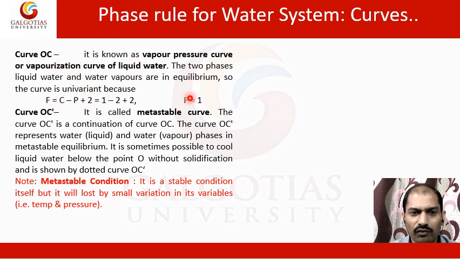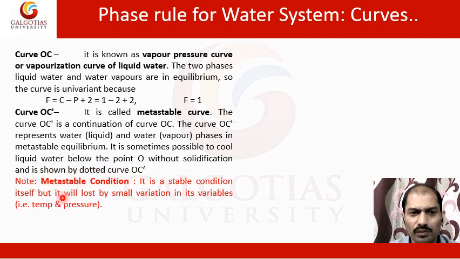So here F will be 1, and curve OC, if you see, is called the metastable curve, and the curve OC bar is a continuation of curve OC. The curve OC bar represents water and water vapor phase in metastable equilibrium. It is sometimes possible to cool liquid water belonging to point O without solidification, and this is shown by the dotted curve